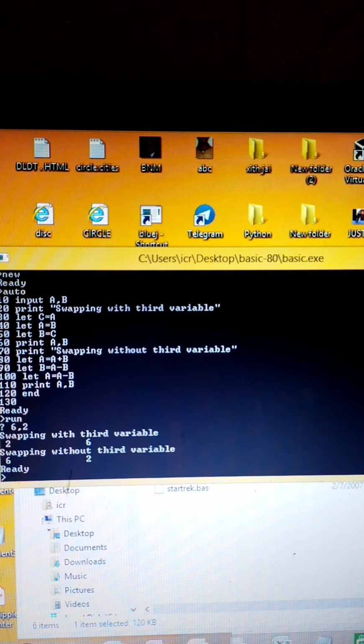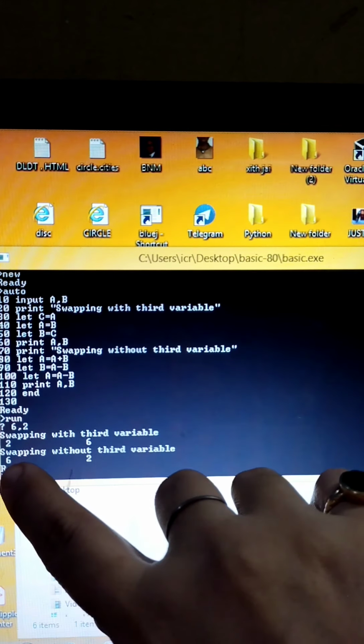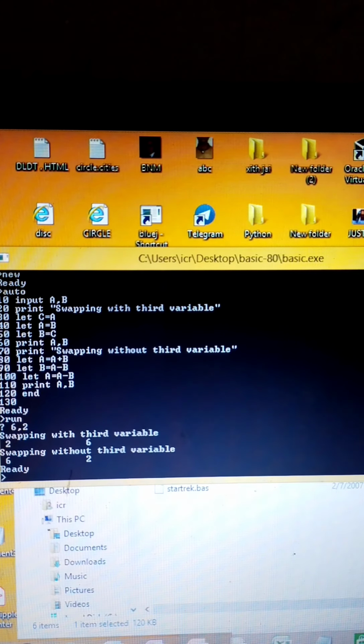So the previous values of A and B, which were 2 and 6, will now swap again to give 6 and 2. Right, because in the same program we are doing the same thing. So A and B had changed previously. A was 2 and B was 6. Again through this swapping without third variable, A retains its value 6 and B gets the value 2.